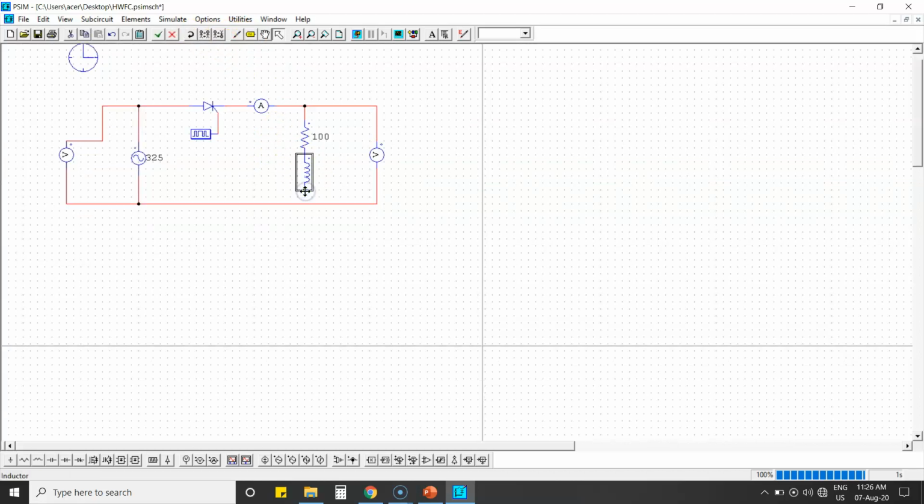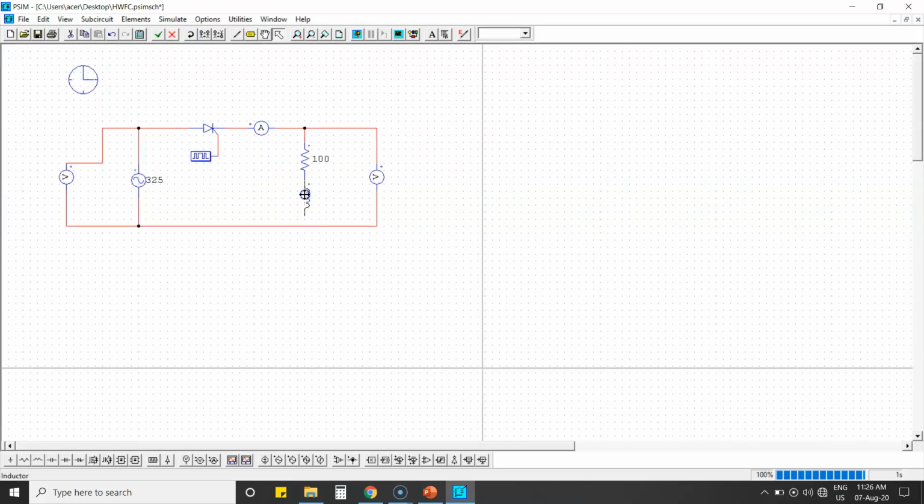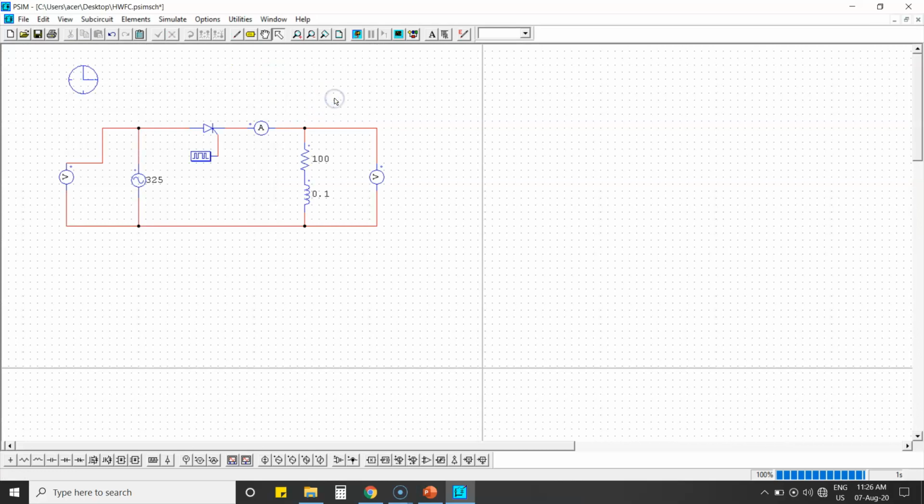Now whether it is connected or not, it's already connected. You just put a wire here and add the same here. So enter the value of your inductor. They have given a default value of 0. Let us take that as 0.1. So it is 0.1 Henry. So save and just run the simulation.